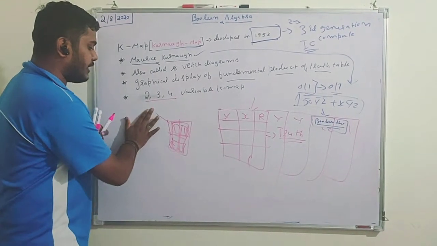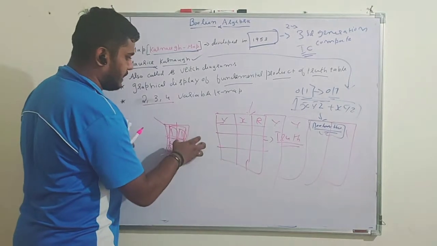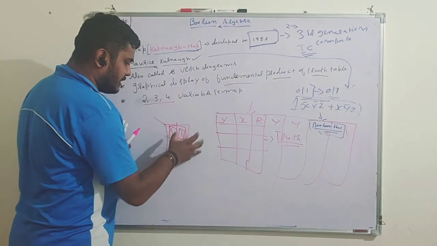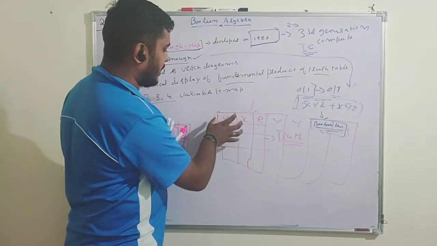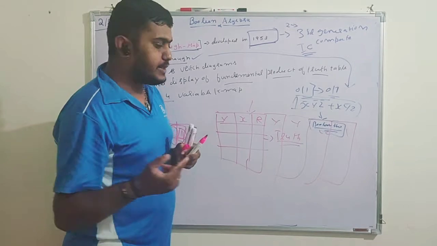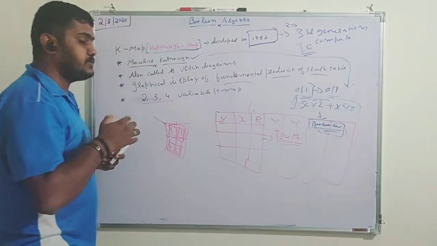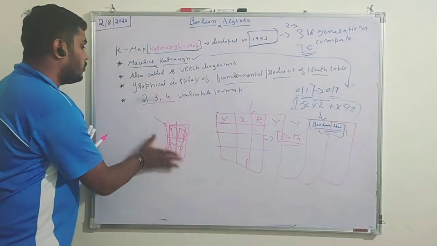So this variable, see, look at this and look at this. Here also this is a 2 variable K-map, but we have a different kind, only 4 rows. But when we have 2 variables in the truth table and the expected or reduced expression is very long, at that time this is very difficult. For that reason we use a K-map.